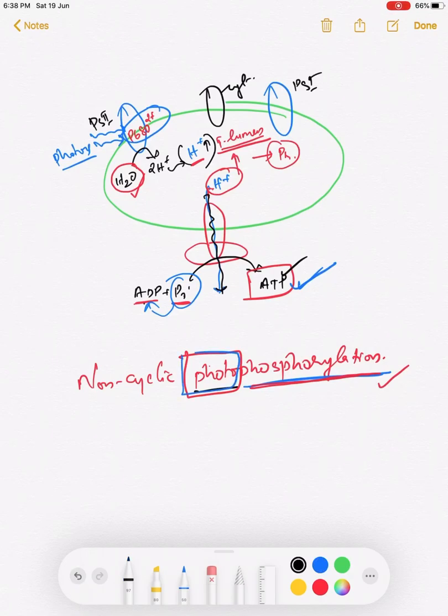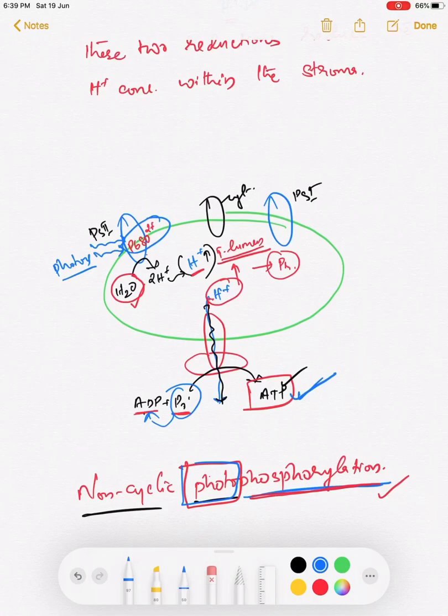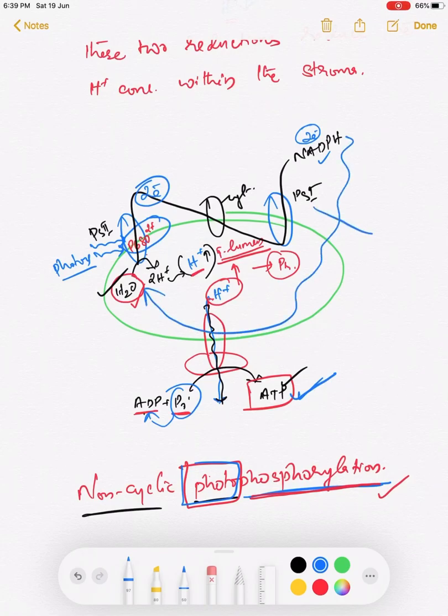Then why are we using the term non-cyclic? We have already explained this in the third part. During the process of electron transport, electrons are moved in a non-cyclic way. That means one end of electron transport will be water and the other end will be NADPH. These electrons which are coming from the water molecule are finally used for the synthesis of NADPH. These electrons are not cycled back to water, so we can call this process non-cyclic. In this way, we are explaining the process of non-cyclic photophosphorylation.